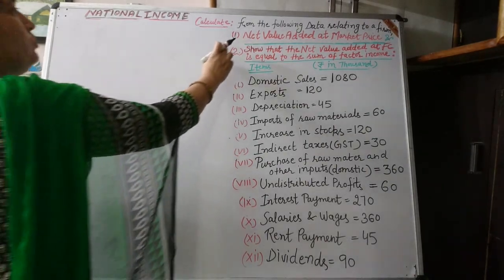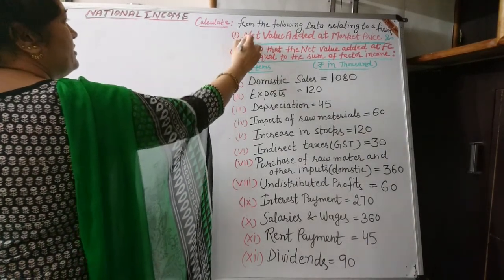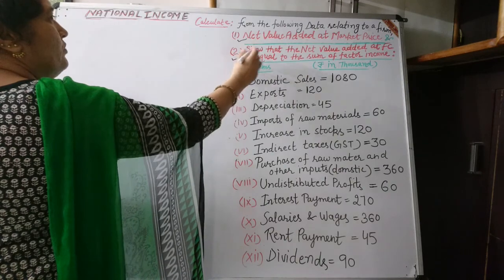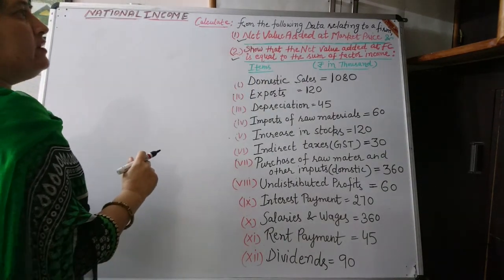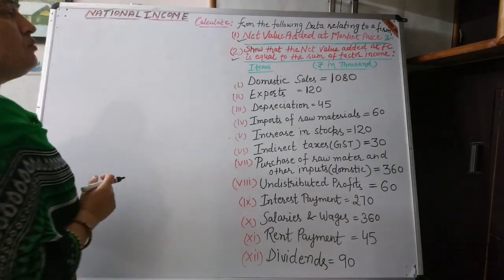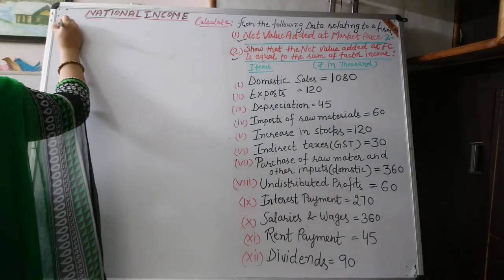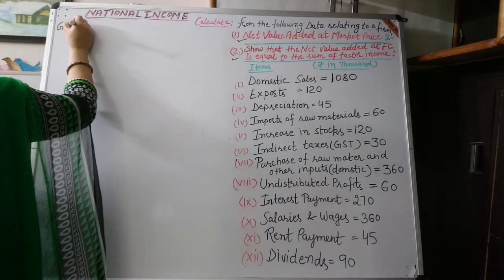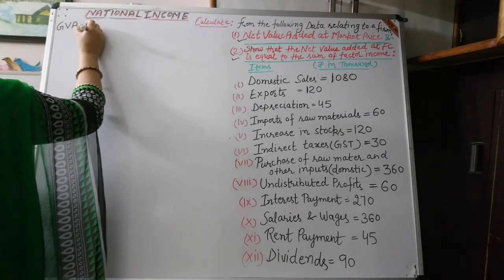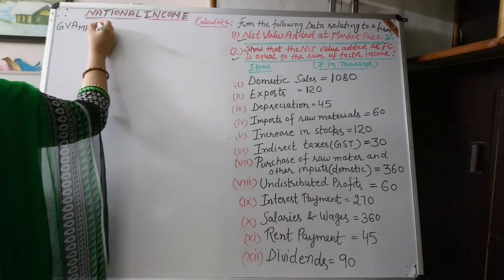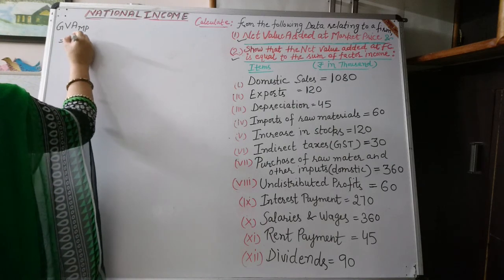Here we have to calculate net value added at market price, and we have to prove that net value added at factor cost is equal to the sum of factor income. So first of all, let us calculate gross value added at market price. We know that gross value added at market price is equal to